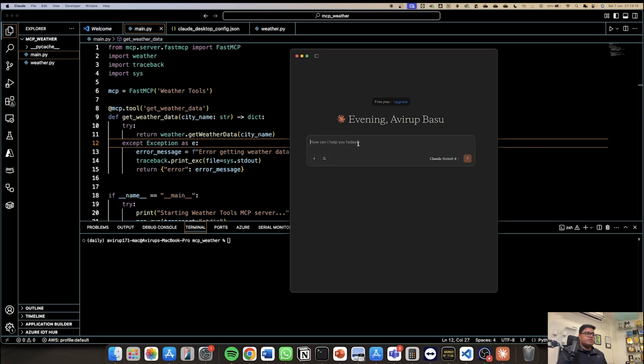So let me just write a query, like write a prompt. What is the weather of Siliguri, West Bengal, India? This is where I stay. So yeah,